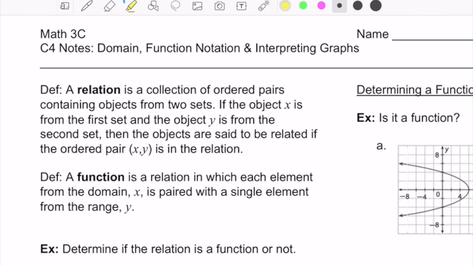Hi everyone. All right, the C4 notes today are about domain, function notation, and interpreting graphs. The notes start out with a couple of definitions, just reminding you about the definition for a relation and the